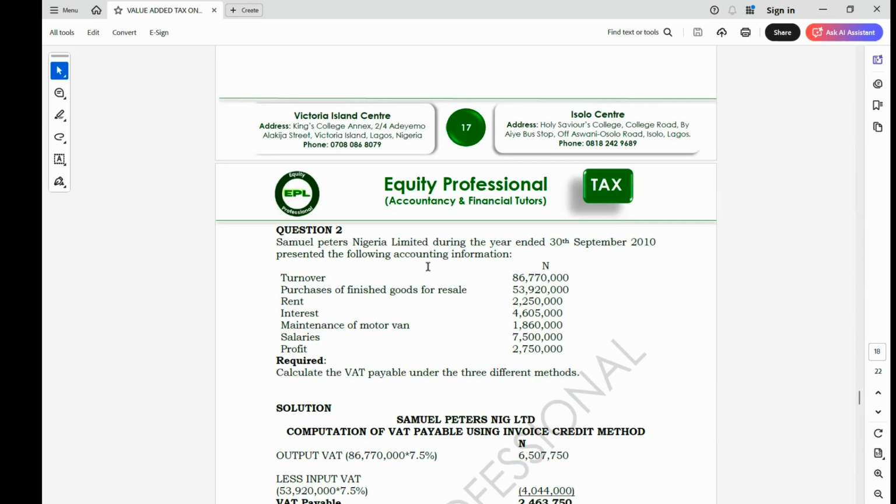So that means the only two items that will give rise to value added tax are the turnover and the purchases, the direct purchases. So the result figure will give you